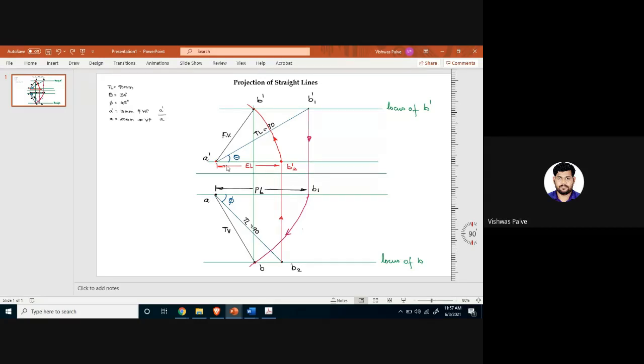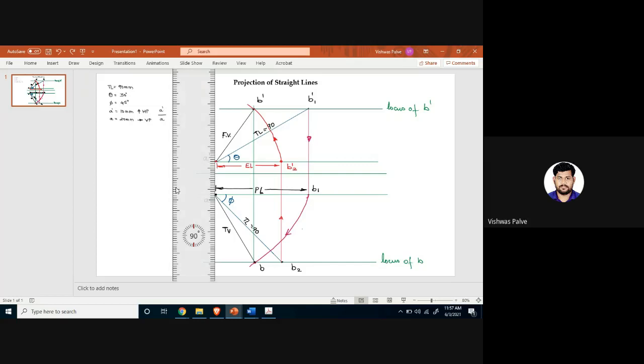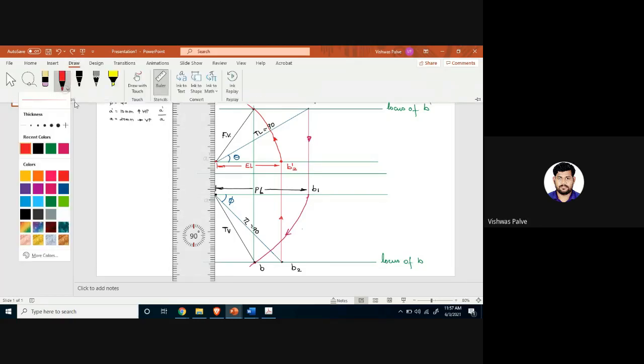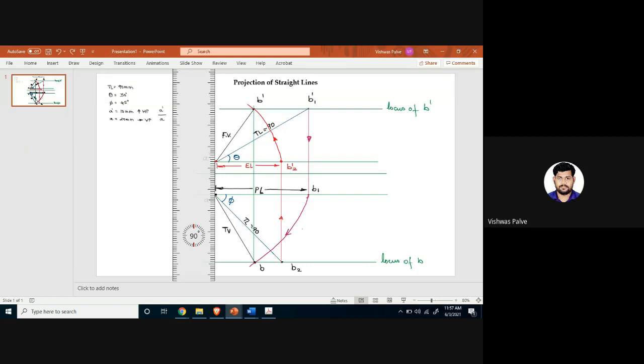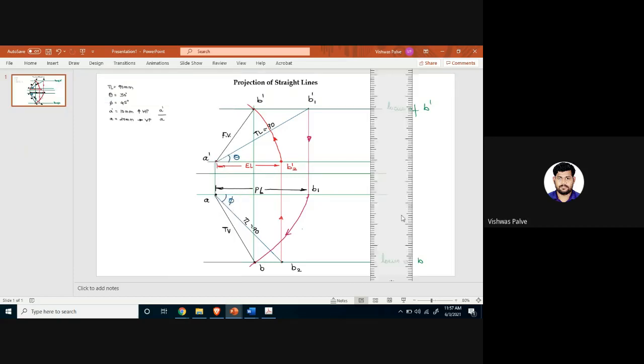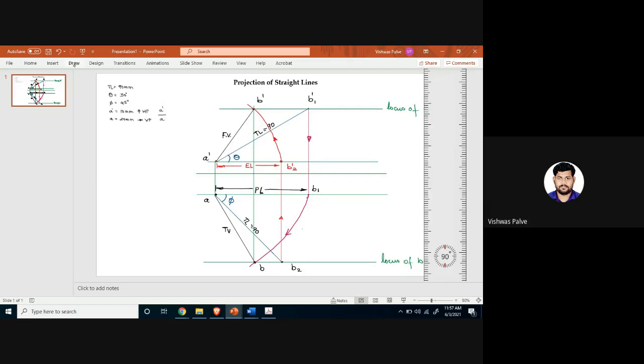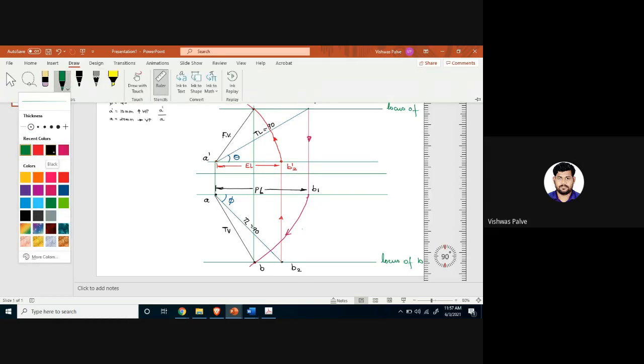Now let us learn a few concepts. This is the solution of that problem. Now, instead of going to the next problem, here I will explain all the concepts, because this is very important in any problem. This diagram you have to memorize. You have to study this diagram carefully, and whichever point we require, we can easily take. I will draw a vertical line here. Now I have completed the problem. I am just explaining the concepts and all the notations which we require in future. You refer to this diagram, you will get all the notations.